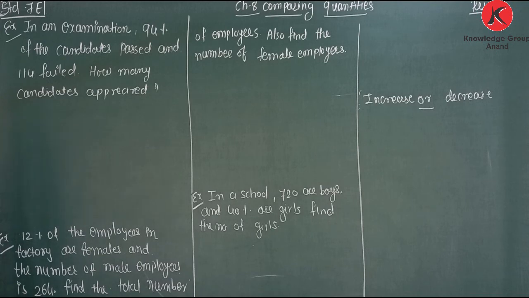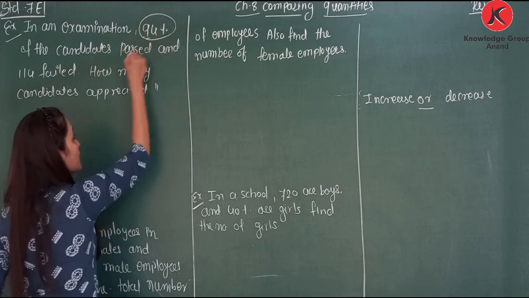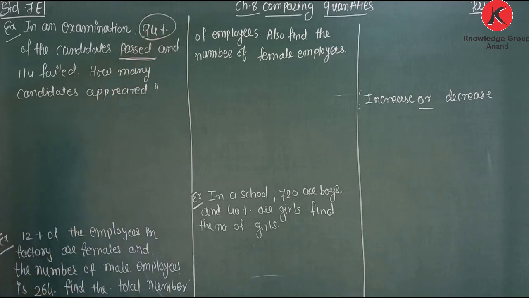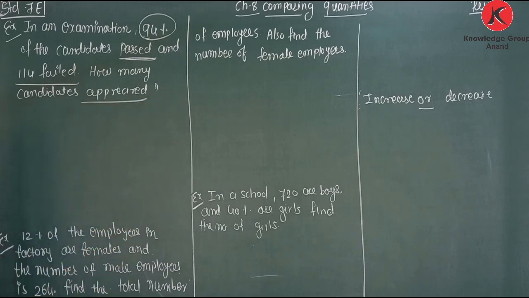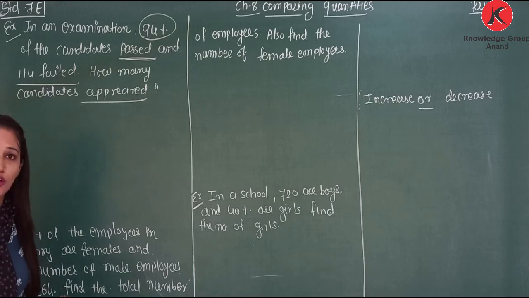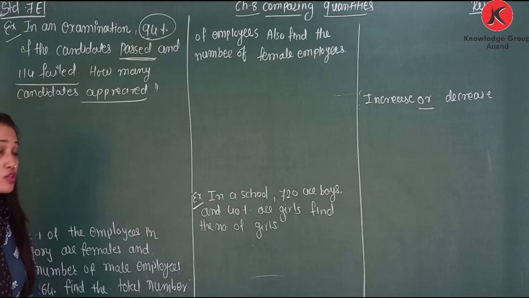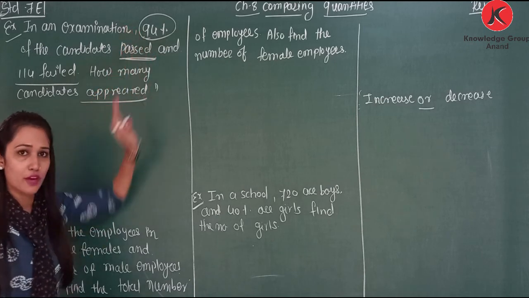The question is: in an examination, 94% of candidates passed and 114 failed. How many candidates appeared? The pass percentage is given, and the failed number is given, and we need to find how many candidates appeared. Whatever number appeared, some passed and some failed. So from the pass percentage we can find